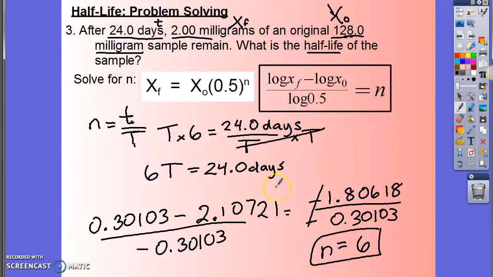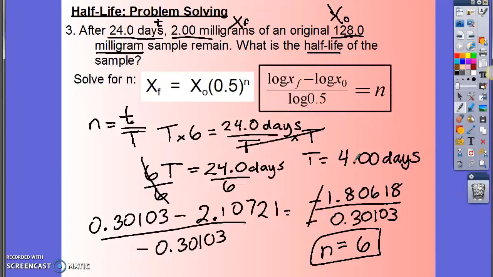And then if we want t by itself, we can divide on both sides by 6, because right now they're being multiplied. And that'll give us t equals, we take 24 divided by 6, which should give you 4. T equals 4.00